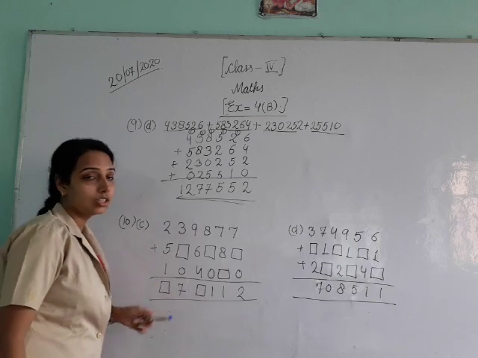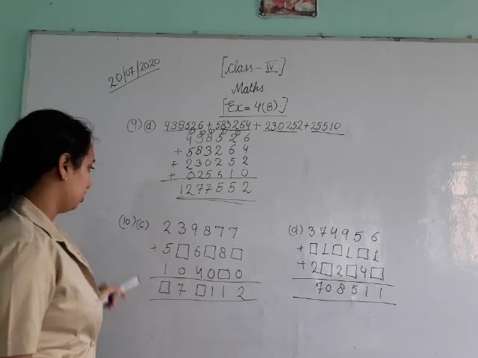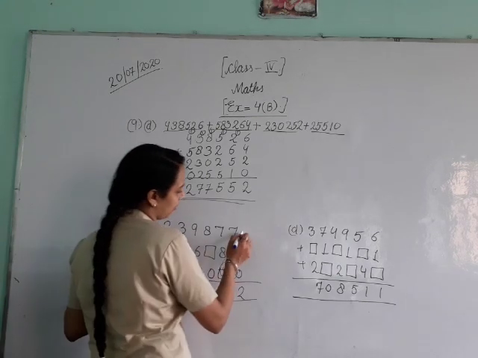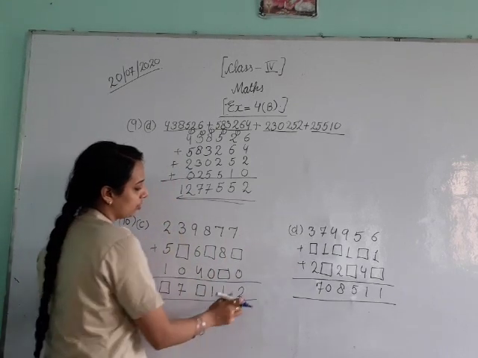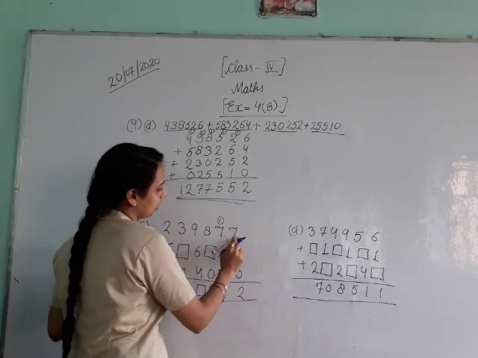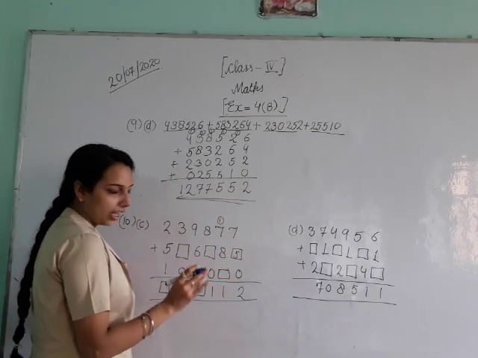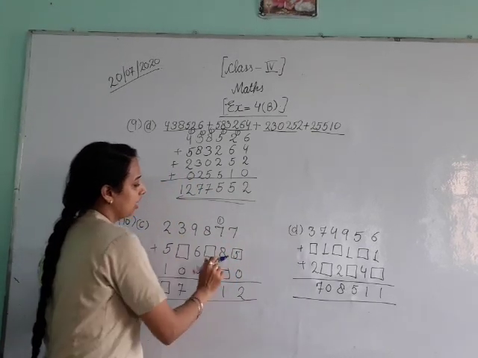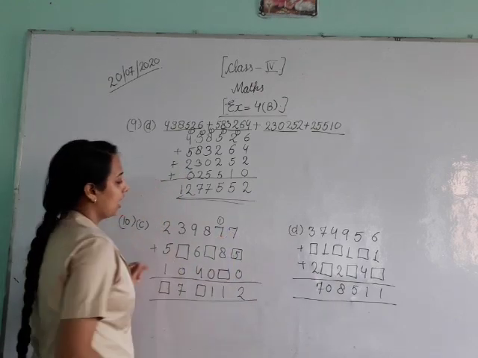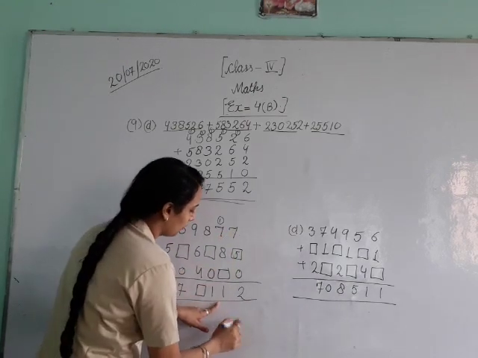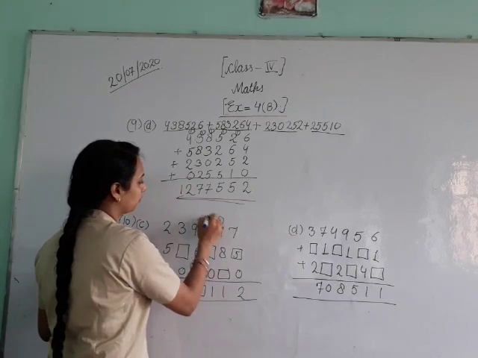Again, it says fill in the missing figures. Okay? Then see 7. Here is 0. What should we add to make it 12? In 7 we have to add 5. 7, 8, 9, 10, 11, 12. Okay? Now 1 we have put already. 8 and 8 are 16. And after 16 what will come? 21 will come. Okay? So first of all put here 2.